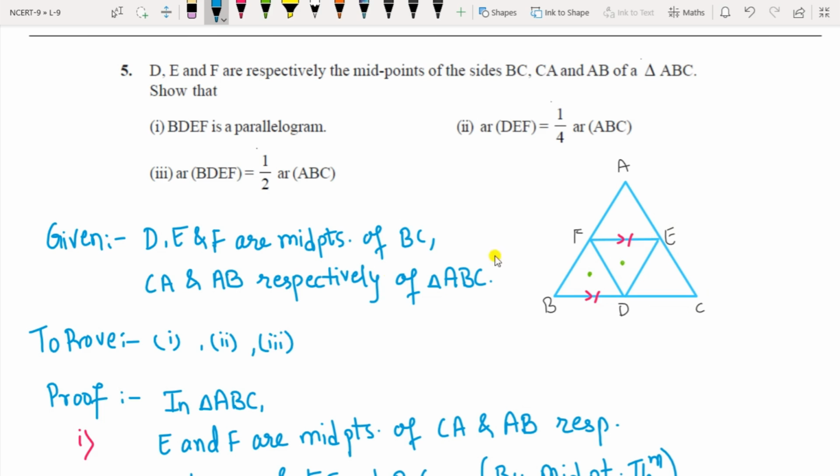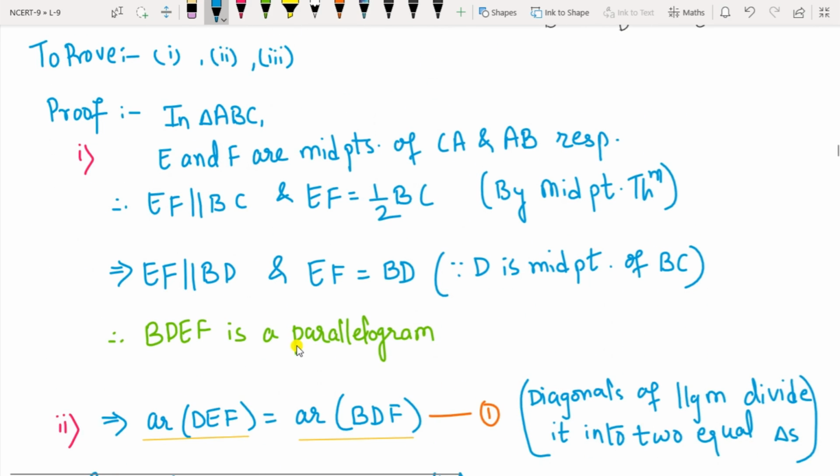So this is the given, and to prove I have written only the numbers. You have to write the whole sentence, first, second and third. So this is the proof now. You have to consider first the whole triangle ABC, where E and F are the midpoints of the respective sides